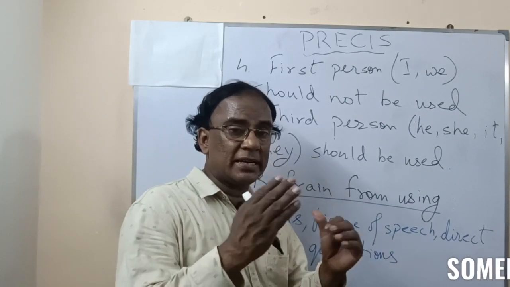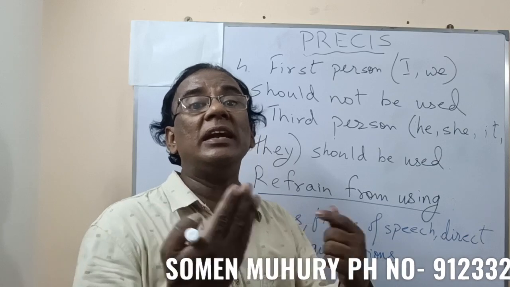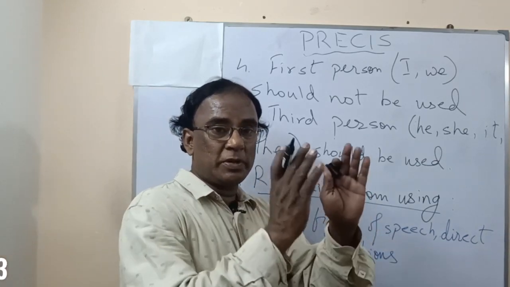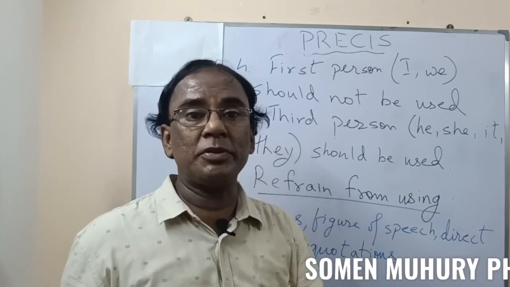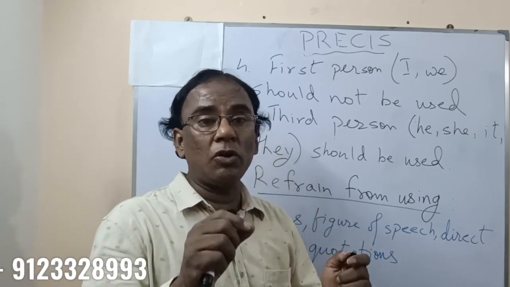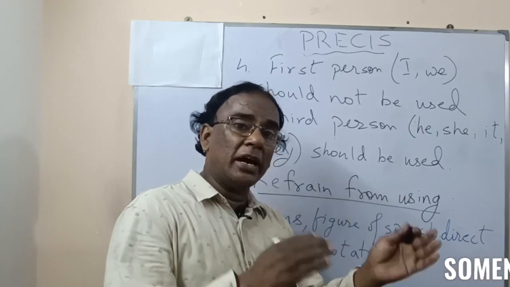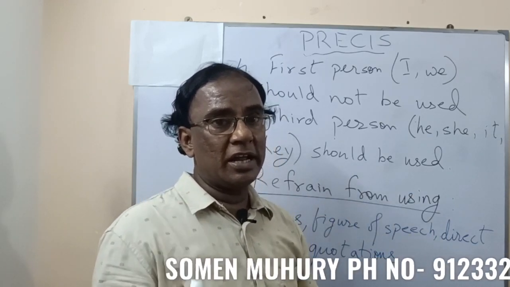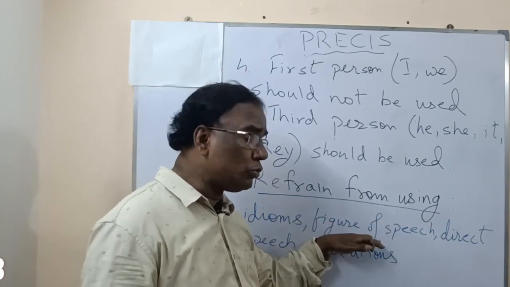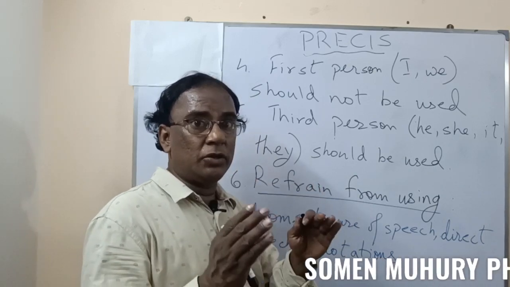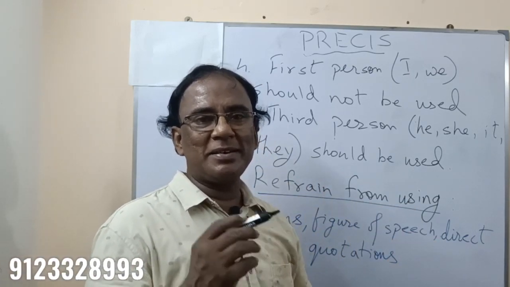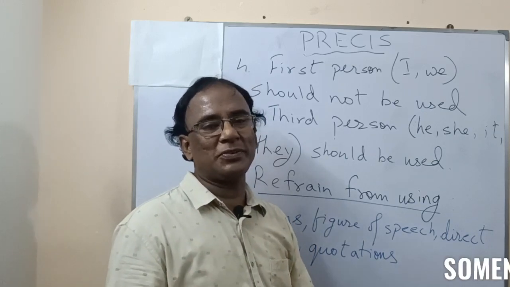If anyone has said anything, that has to be presented in indirect form. Last, quotations. Shakespeare has said something, or Milton had said something, or our Tagore had said something. We have to remove them. Quotations cannot be used in your answer. Maybe in indirect form, but never in direct speech. Okay? You see why this rule is important? Because if you use these things, then you are actually copying down totally what the writer has said. The examiner will not give us marks for that.